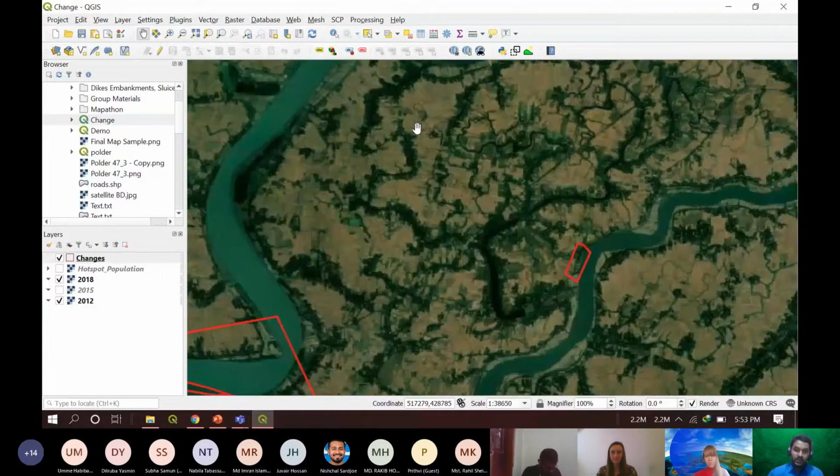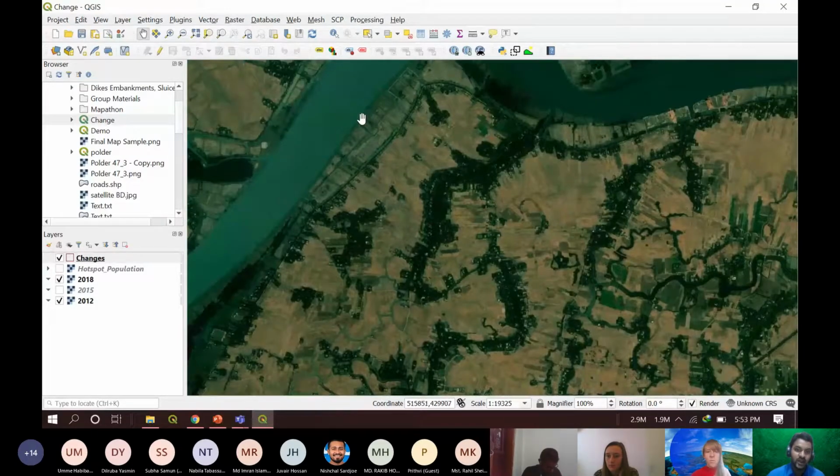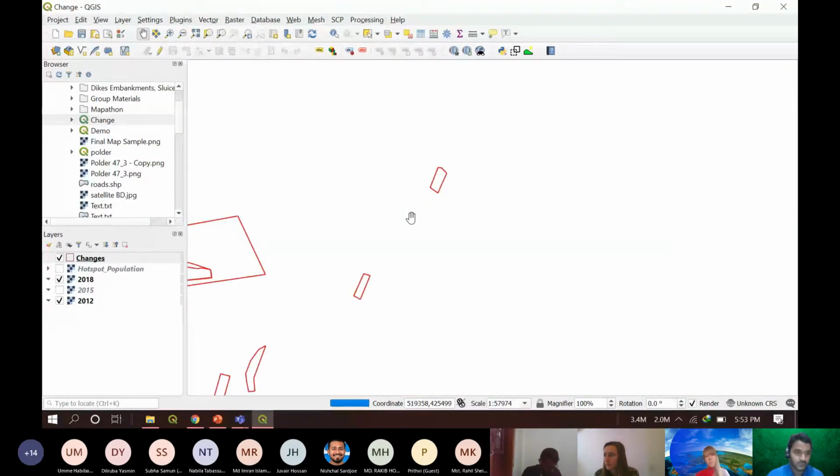Okay, so in our last video, you saw that we have mapped some dikes, and some of the dikes were very vulnerable, and some were, as you can see, pretty damaged. So in our report, we definitely have to include the values of those dikes: how many kilometers of length of dikes are damaged or vulnerable, and in which portion of the border those dikes are situated. For example, if I take a